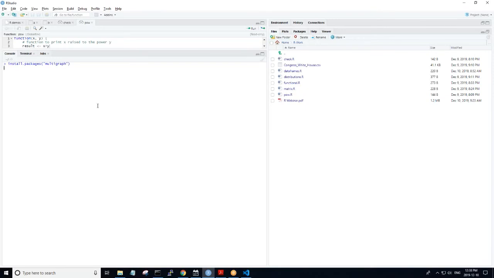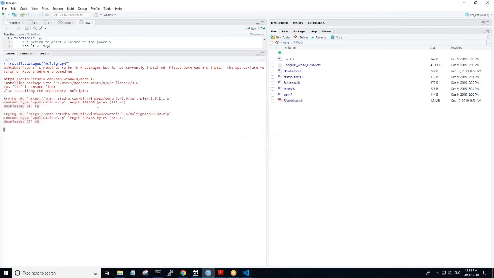Now, when I install the multigraph package, it's going to go out to the CRAN repository. The interesting thing about installing the package is that it's downloading it, but in some cases it's also going to compile the package down to C code that'll run very, very effectively on my system. So in this particular case, it very successfully installed the two packages, and now all of the functionality of those packages is going to be available to me in this R environment.